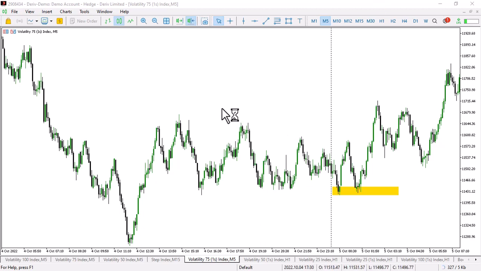Today we want to talk about the Volatility 75 (1s) strategy that I'm using, that you should use, that you should introduce